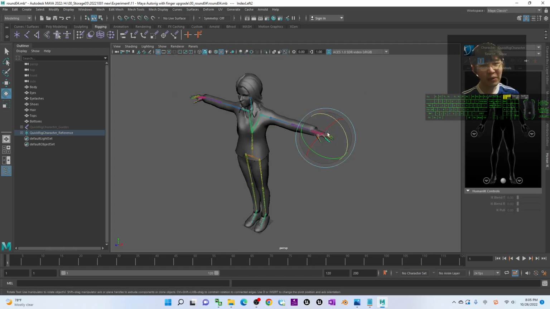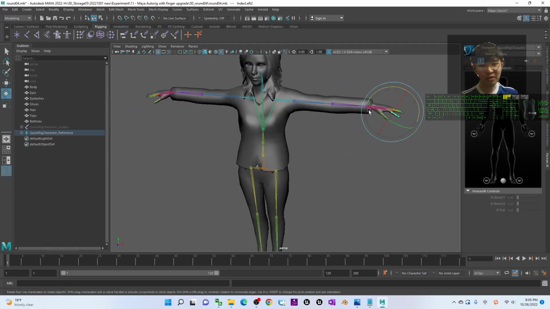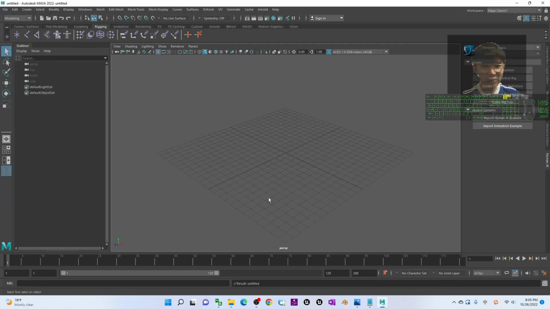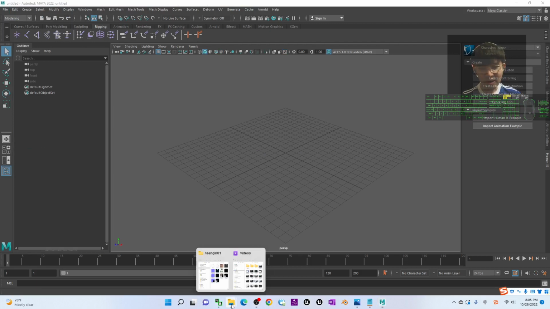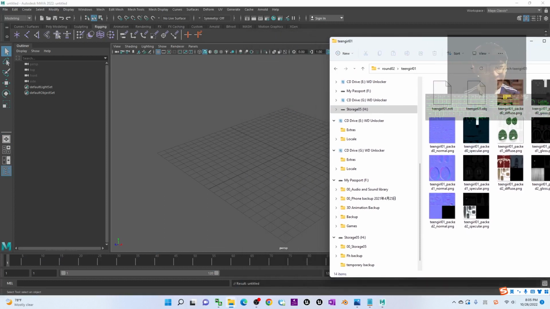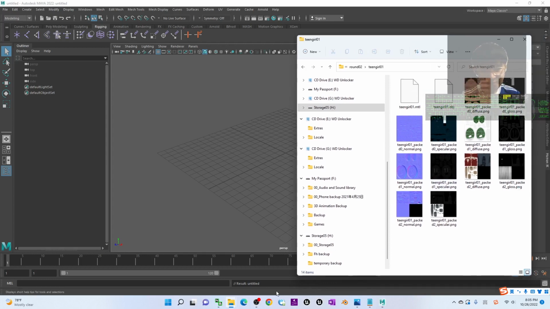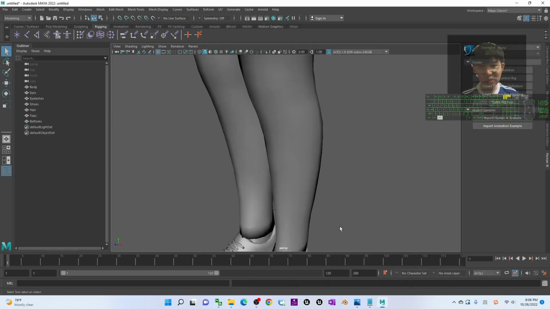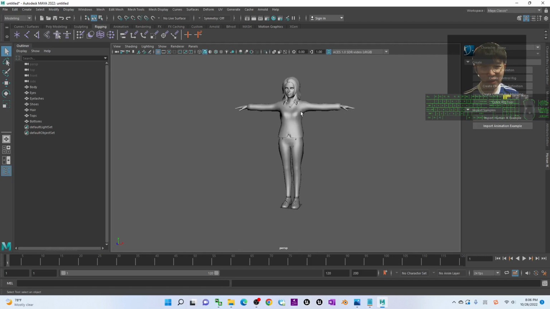Alright, so how are we going to perform the auto rig for any of the OBJ and FBX? I'm going to start a new scene and everything starts from the beginning. And here I have an OBJ file. The OBJ file is here. I will just drag it in. It can be FBX, it can be an OBJ file as well. Now you can see it is already imported into Autodesk Maya.